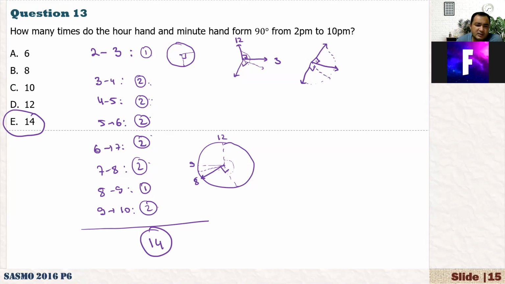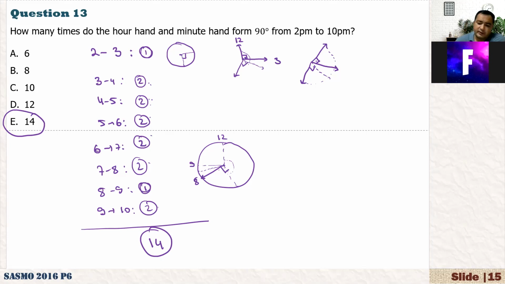So the tricky point is, as you see here, from 1 to 3, actually they cannot show 2 times, only 1 time. And 9 to 10, 8 to 9, also only 1 time. But some hours, between 2 different times, actually they show 2 times. Anyway, so that is 14. But here you should be careful and count one by one. And maybe for each time you need to draw a clock quickly, a circle, and you can move the hour hand and minute hand. Or if you have just 2 pens, using 2 pens, also you can see.